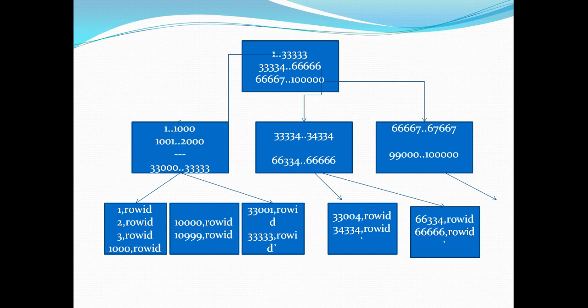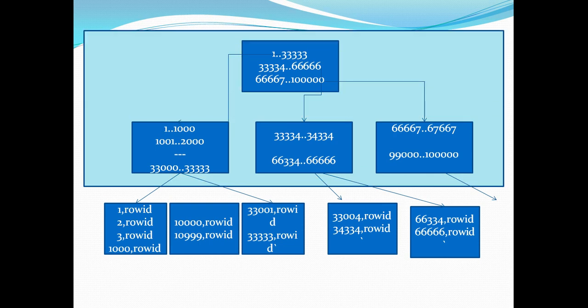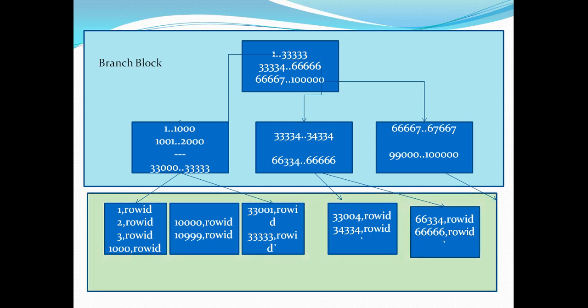So our blocks which actually have the physical information where the data is being stored on the table, we call them leaf blocks, and the blocks that are just the pointers to our leaf blocks, we call them branch blocks. So these 4 branch blocks don't have the physical location where the data is being stored pertaining to these keys in the table. They only have pointers to our leaf blocks. We call them branch blocks. And these lowest level of blocks that have actual physical row IDs where the data is being stored in the table, we call them leaf blocks.